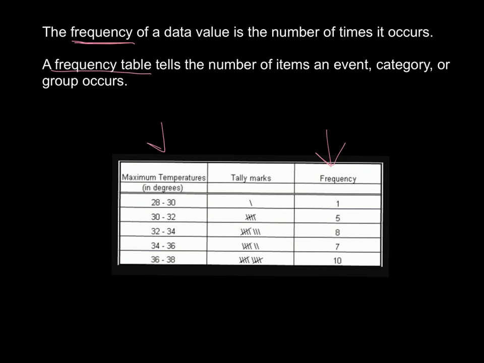So first we start by putting an interval. So in this case, it has to be an equal interval. This is just a picture. There's no problem that we did here. I just wanted to show you what one looks like. But these have equal intervals. 28, 29, 30. So 3 in each equal interval. 30, 31, 32, which really